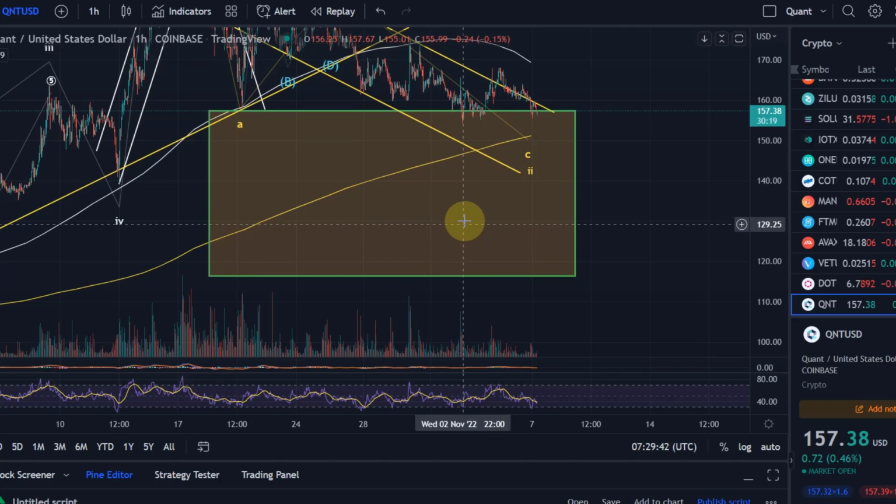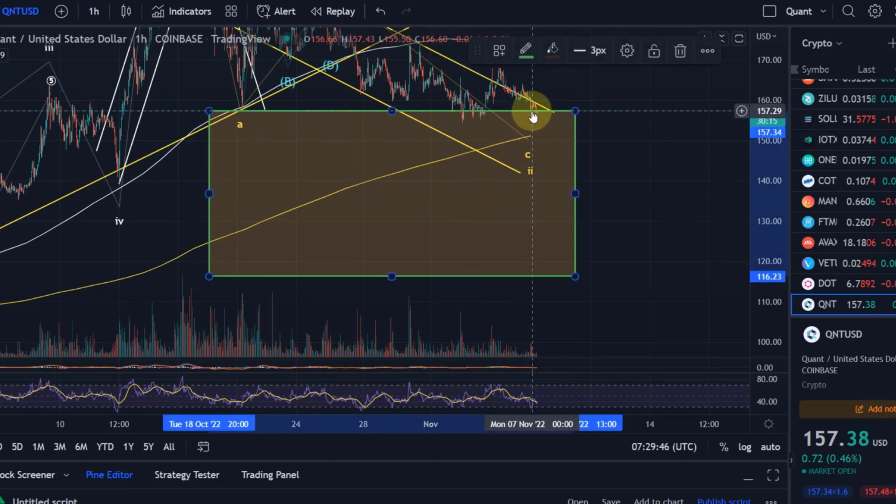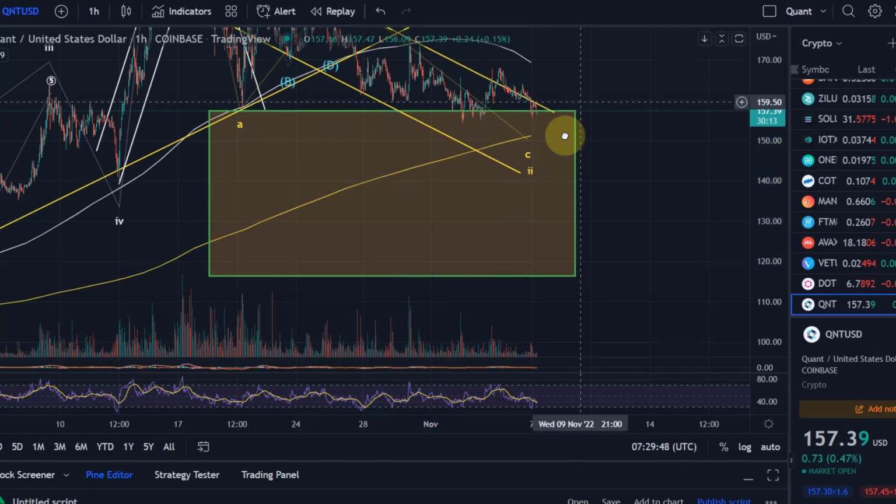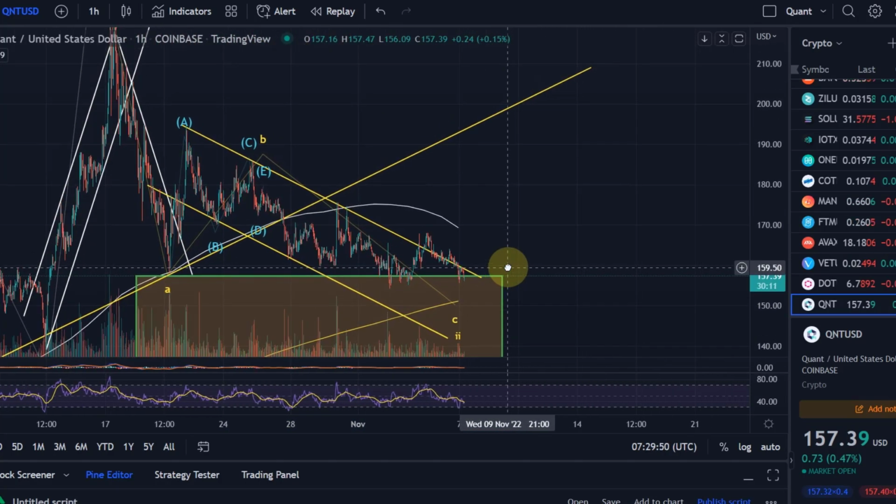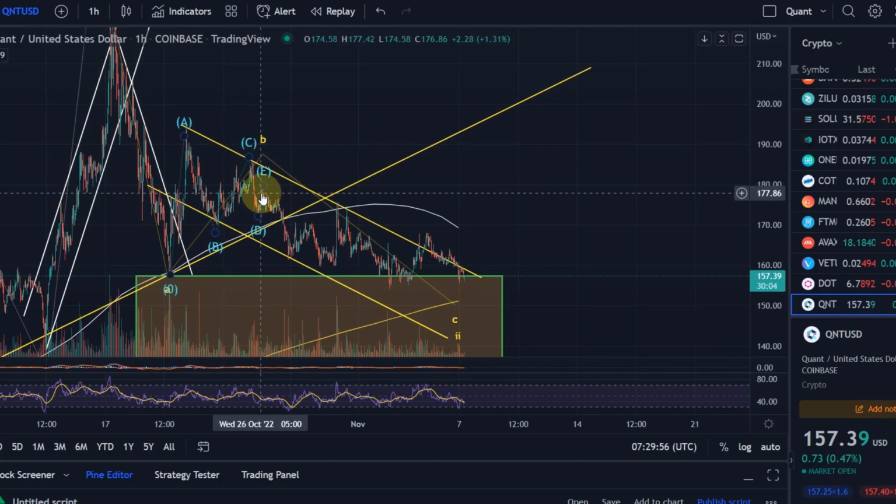It's really only if the price can break out of this descending trend line there, of that triangle or the channel, however you want to see it, and breaks to the upside and then moves impulsively above the 179 US dollar level, which is here, which is the top of that triangle. It's the top of that ABCDE triangle, which in the end was part of that B wave of the current correction in a wave 2.